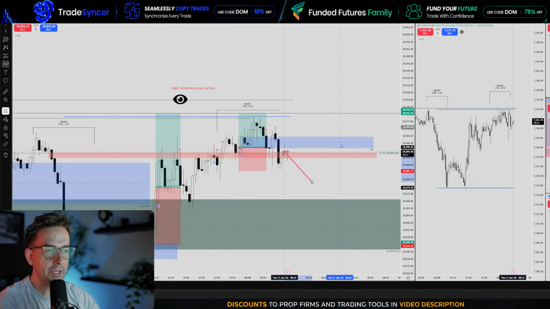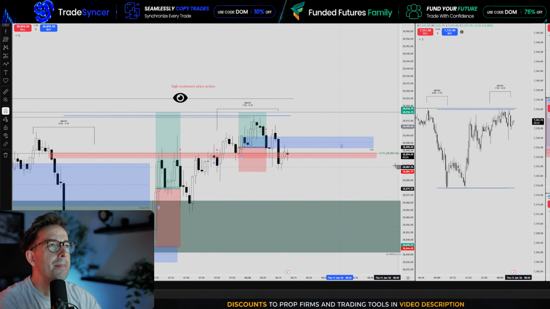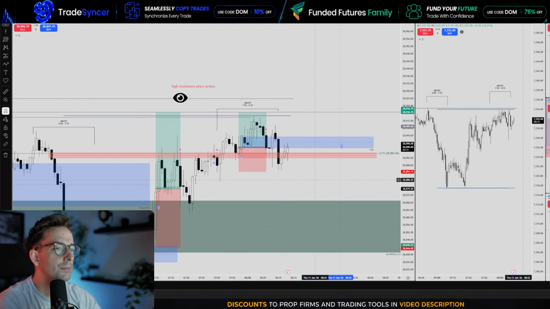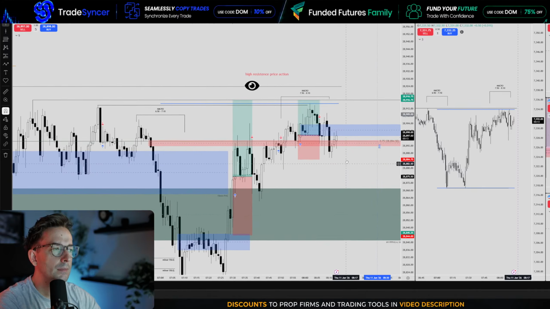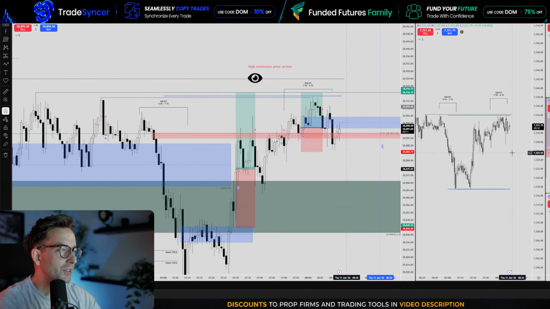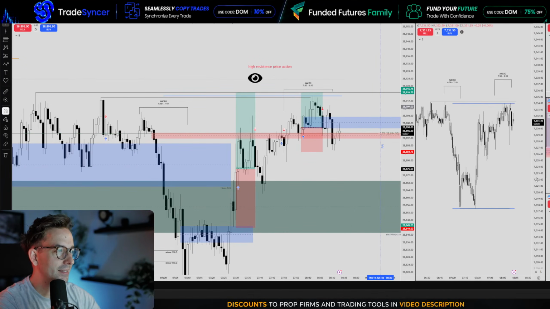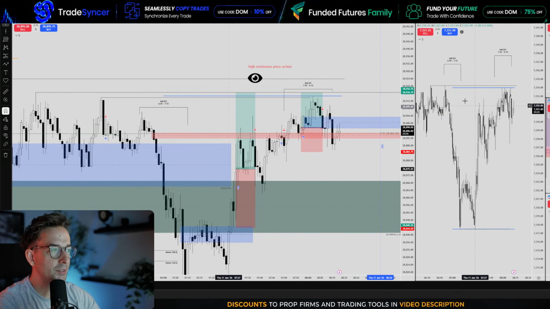And this is where I start losing interest in PDAs, right? PDA arrays like this. But you can see here, look at ES here. It's even more clear on ES where we have 1, 2, 3, 4, 5 relatively equal highs here. We have these relatively equal lows right before PPI. So again, these levels here